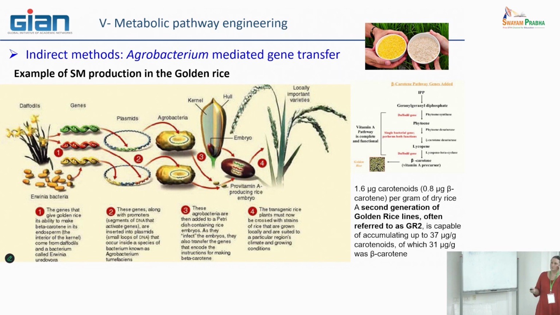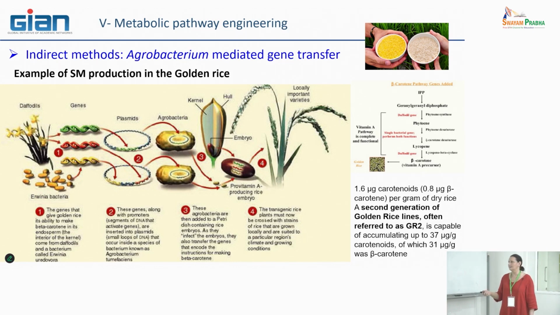So the first experiment was quite a proof of concept. And it was interesting because they succeeded in producing carotenoids in seeds. But you see here, the amount of production is very, very low. It was not sufficient. So after, they have tried several combinations with this type of methodology and with classic inbreeding, in order to increase it. This is what they have done here to produce a second generation of golden rice that considerably increased the amount of production, but it is still not sufficient.